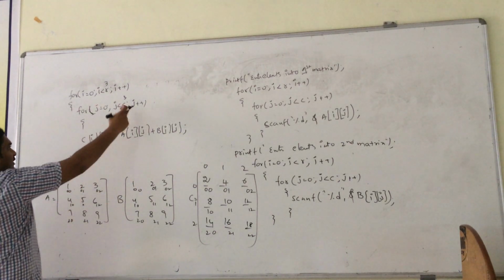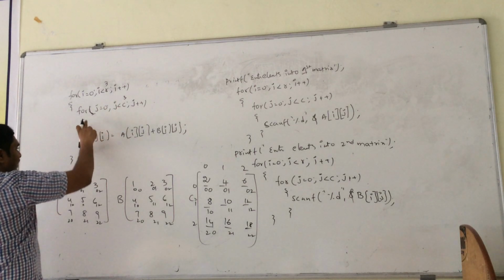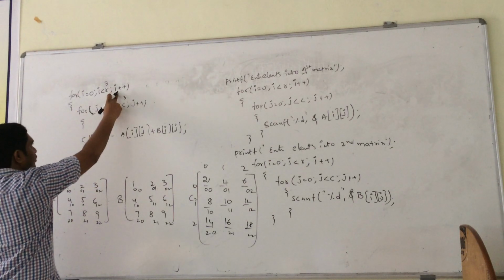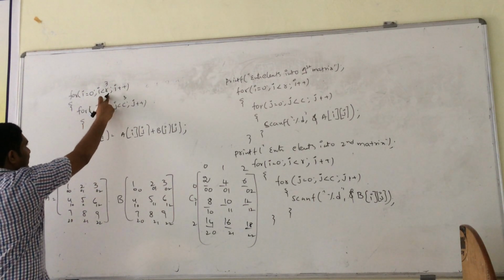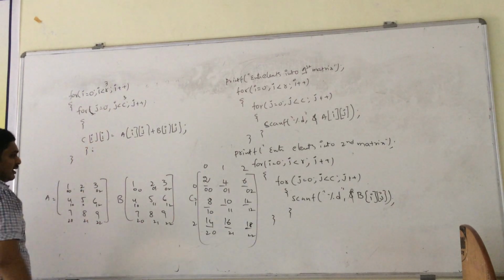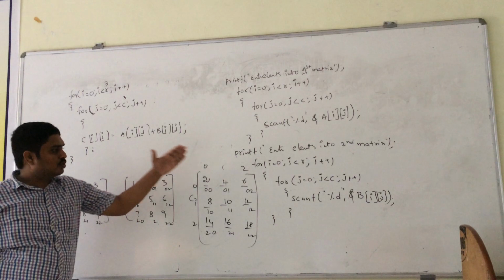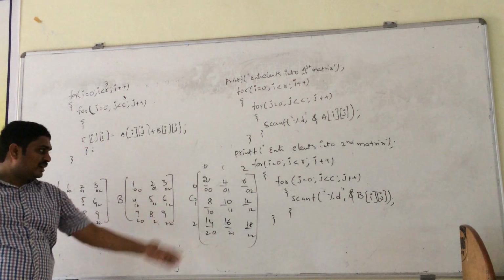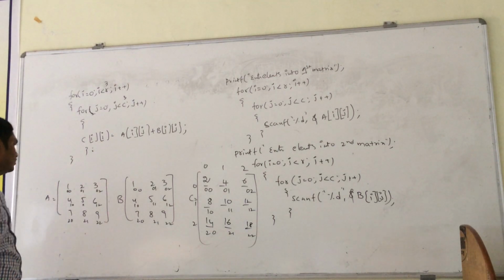Again the loop ends, the J value incremented. 3 less than 3, condition false. It terminates the loop. Then this is the outer loop termination. Then I value incremented. Here also 2 will become 3 and 3 less than 3, condition false. This is also terminated. So these two matrices are added and stored in another resultant matrix C. In this way the two matrices are added.